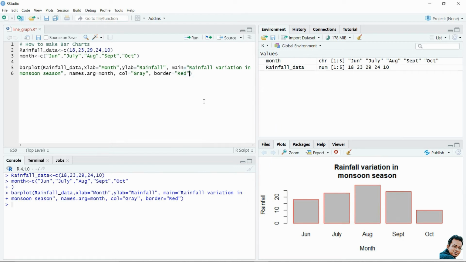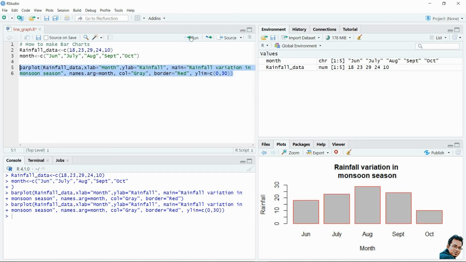For that we can use another parameter, ylim. That is, ylim is equal to, let's say, 0, 30. So our y-axis will show from 0 to 30. Let's execute this one.